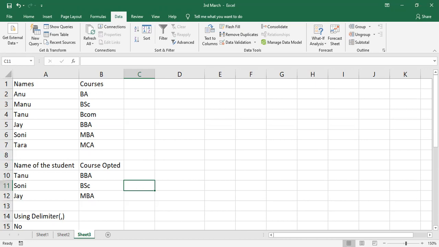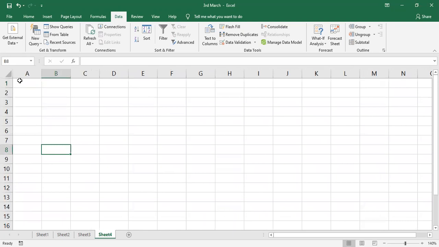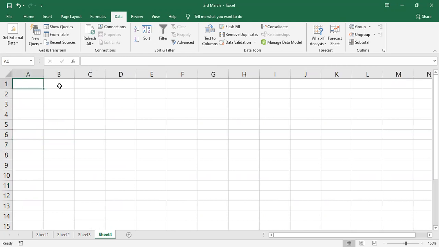So I'm going to add a new sheet here. So this is sheet 4. I'm going to rename this sheet as maths.